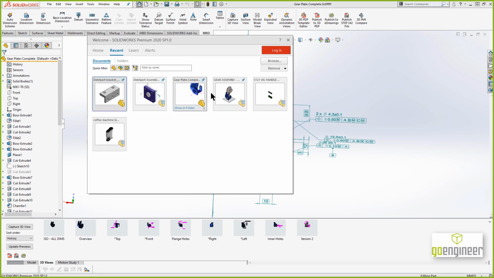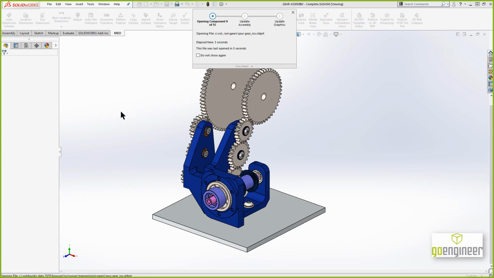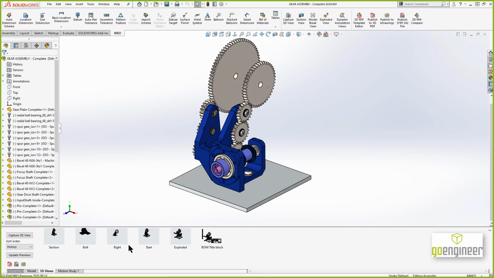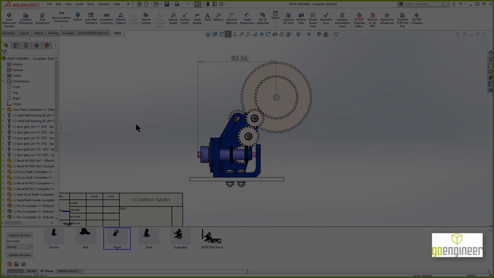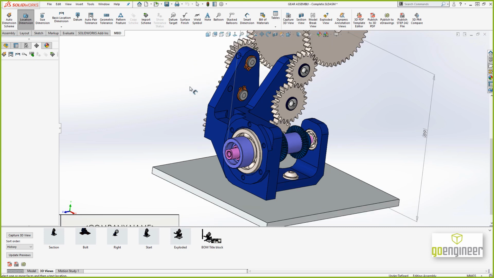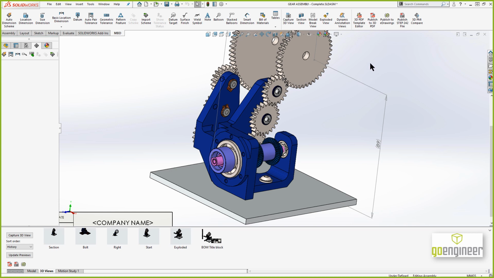3D PDF. So let's go and open an assembly here. Same basic idea. I can go through and add either reference dimensions or DimXpert dimensions. So if I wanted to, let's switch to one of the views that we have here. So maybe a right view. Same way I was putting them on in DimXpert, you'd be able to do that here in the assembly level. And then from here, it's just a matter of publish to 3D PDF, which does bring up one other part,